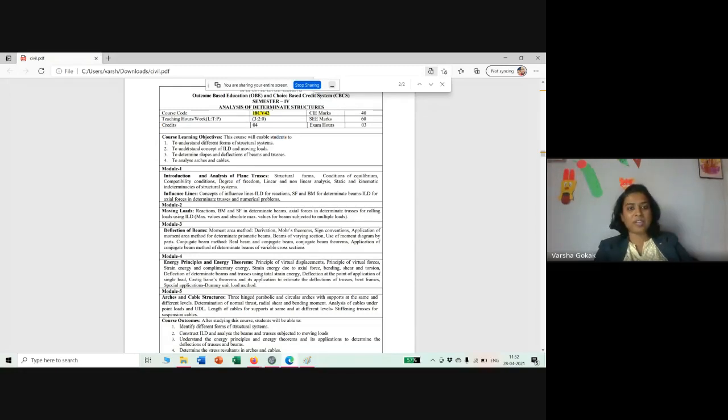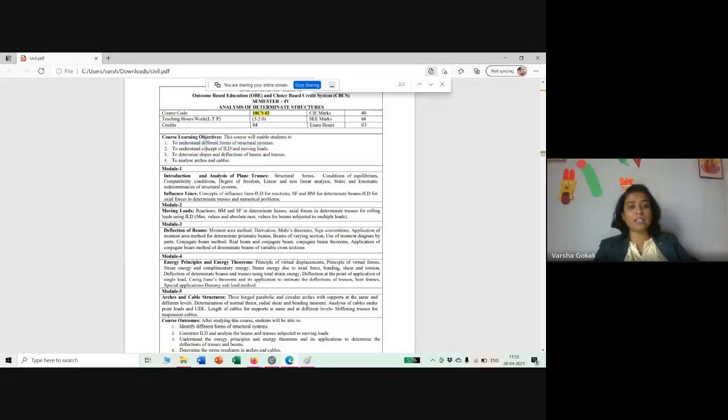Clear? Objectives: to understand the different forms of structural systems. Now, when I say structure, you only remember a bridge, a 3-storied building or a multi-storied building. But other than that, there would also be structural systems, right? There could be a joint of a beam and column. There could be a portal frame. There could be a fixed beam, free at one end and fixed at the other, a cantilever beam. How do I design that? So all are different forms of structural systems.